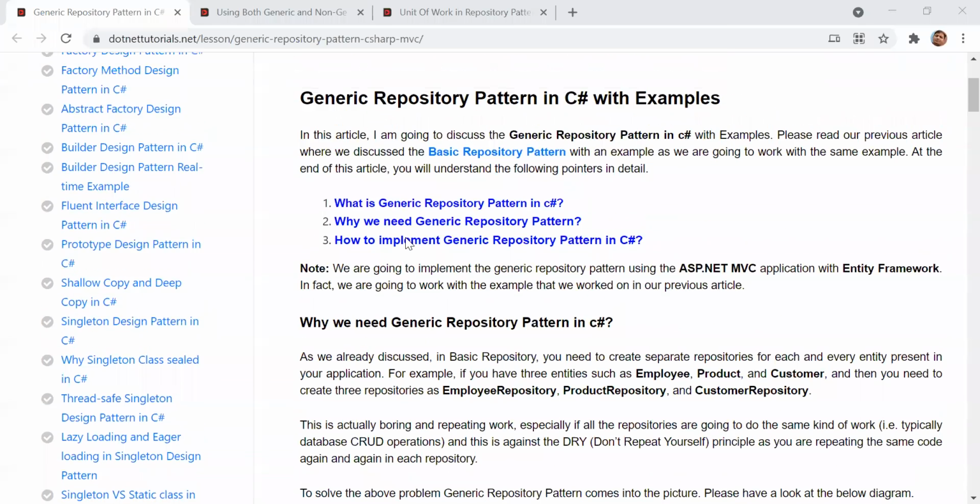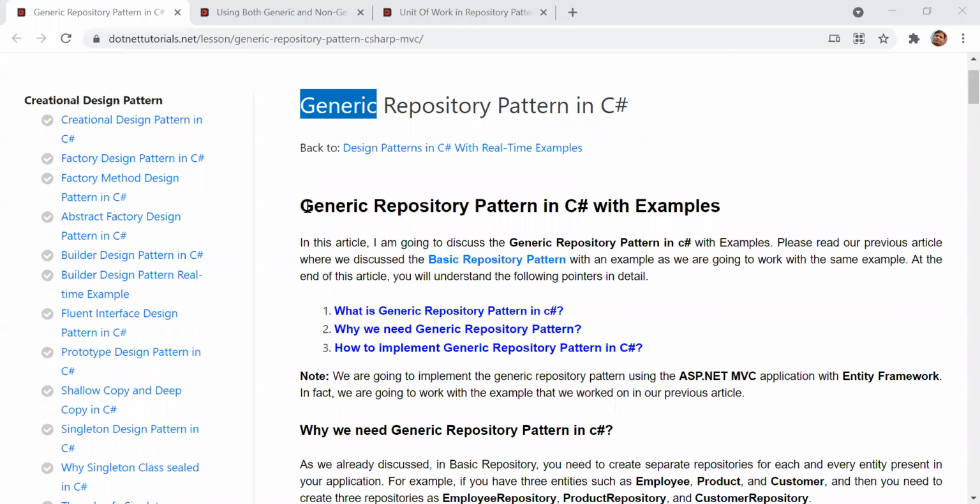Okay. Anyone else who wants to explain generic? Not in the repository pattern, but in general. Generic means we create one common functionality, and that common functionality we use for all the entities, in the whole application.